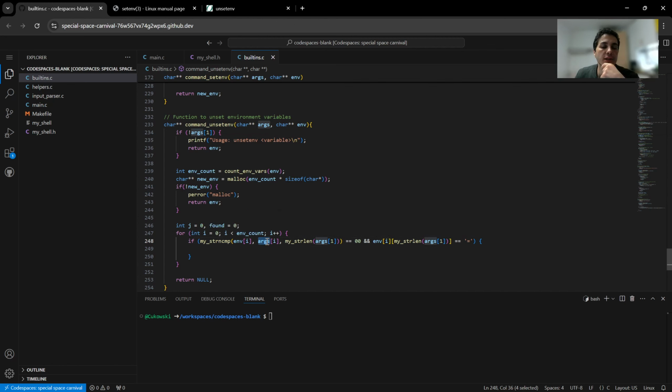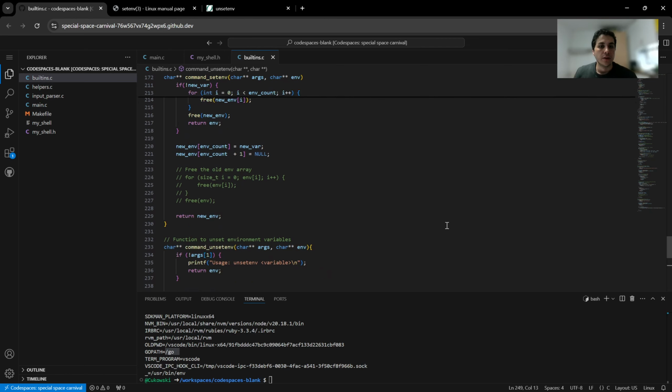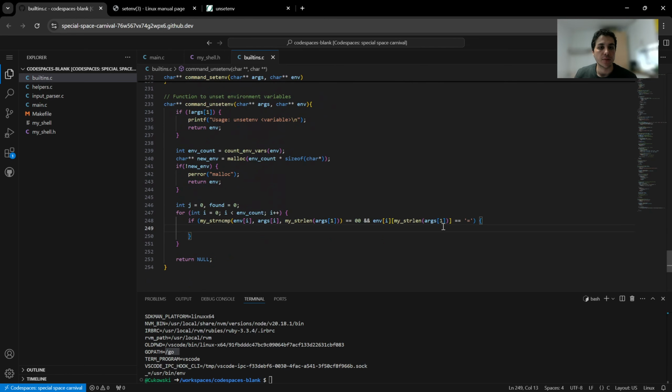Env i, check inside and in this length, and it's equal to 0, which means it's in the environment, and also the character after our argument will be the equal sign that we showed earlier, like the name of the variable and equal sign and the value of the variable. So